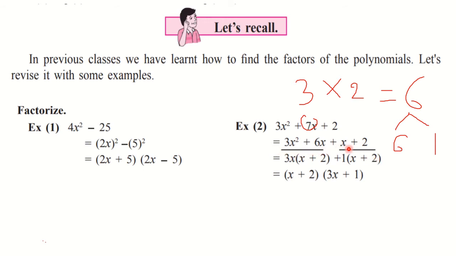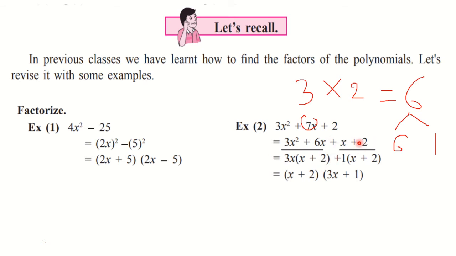See, this is one group and this is another group. From this group the common factor is taken out. So you can see that 3x is common here. So 3x is written outside. So from 3x square, when 3x is removed, x is left inside. Plus, here 6 is there. From 6, 3 is taken out. See here, you can see the factors. From 6, if 3 is taken out, what is left? 2. So that 2 is written here. Okay. So here the common is taken out and these two terms are written as 3x times the bracket (x plus 2).